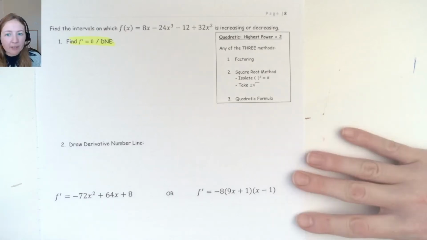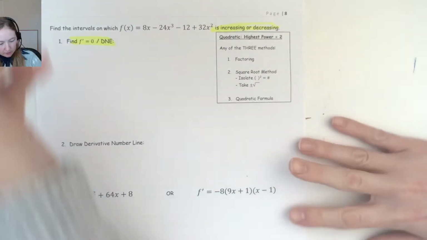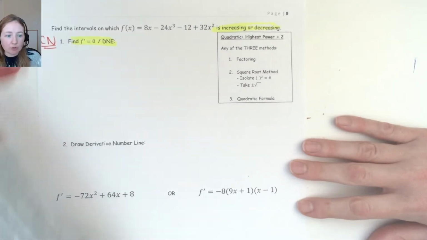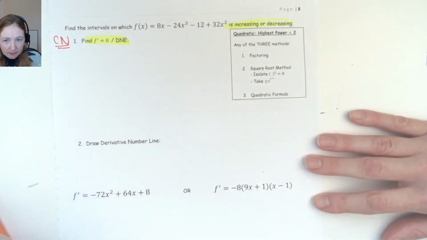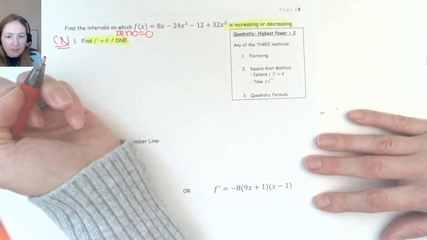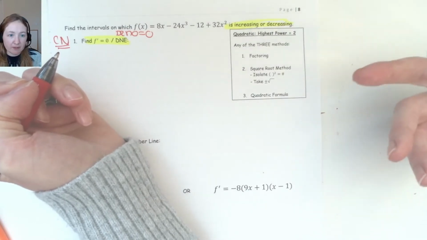All right, so here we're trying to find intervals on which the function is increasing or decreasing. So we're going to first find our critical numbers. To find our critical numbers, we set our derivative equal to 0 or does not exist. Remember, the does not exist really only applies for denominators. So if you don't have a denominator in your derivative, you're not going to worry about the does not exist